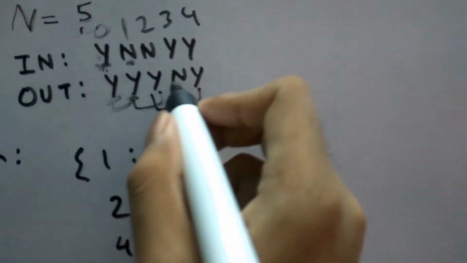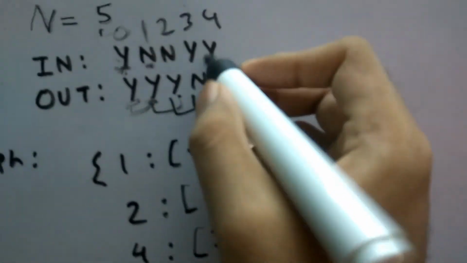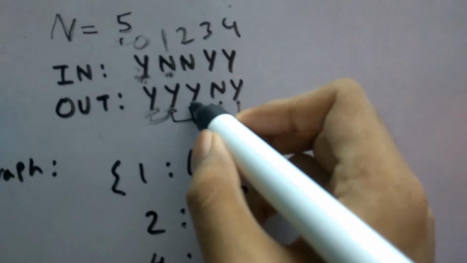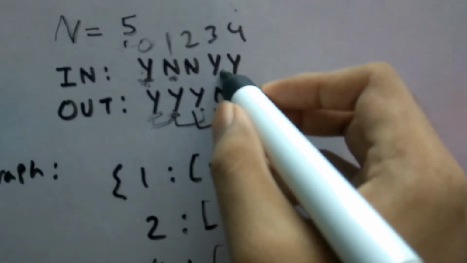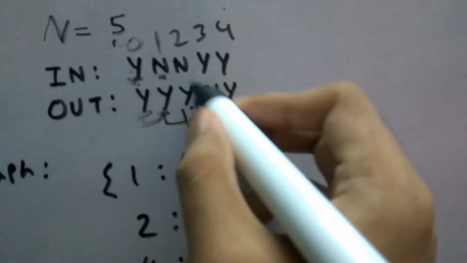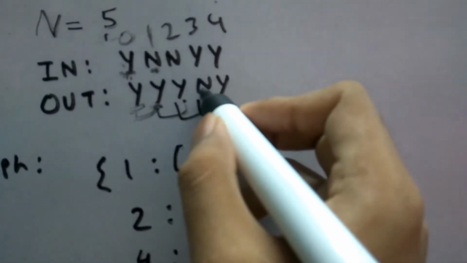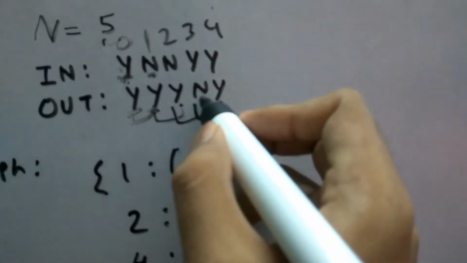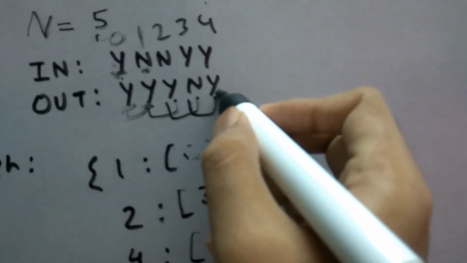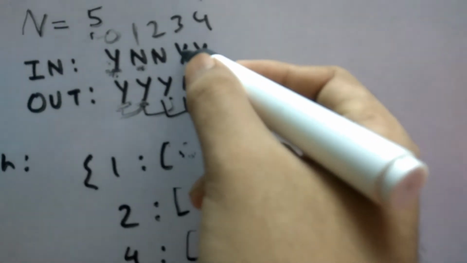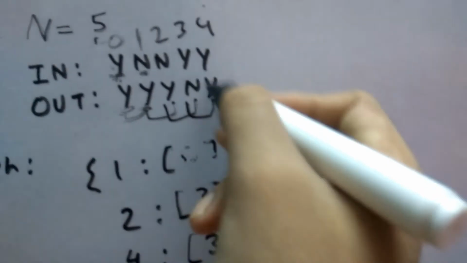So now checking for these two, like 2 3. For the pair 2 3, going from city 2 is allowed and landing in city 3 is also allowed. So this is possible, but vice versa is not possible. You can see no and no. Now for these two, going from city 3 is not allowed, so we cannot even land in 4. Now here we can see the opposite, going from city 4 is possible and landing on city 3 is also possible. So 4 to 3 there is a path.